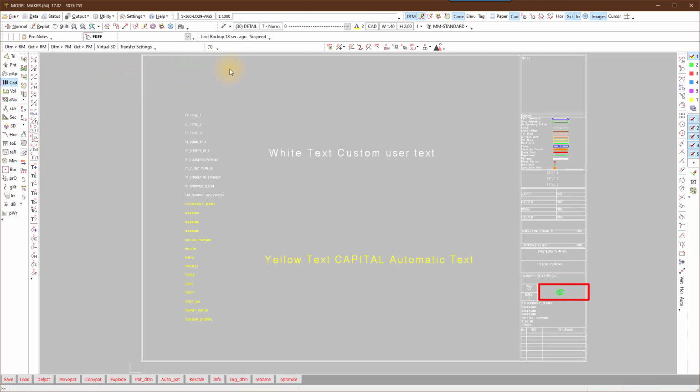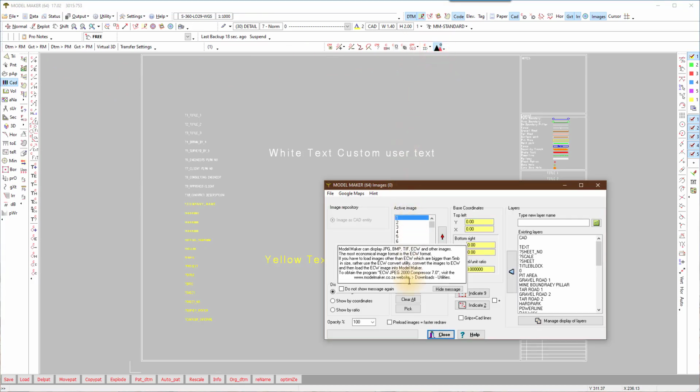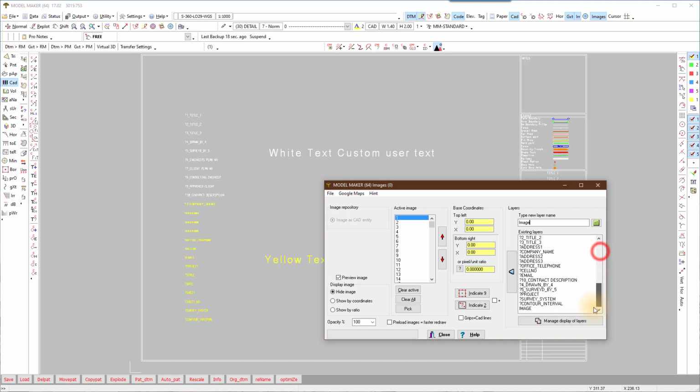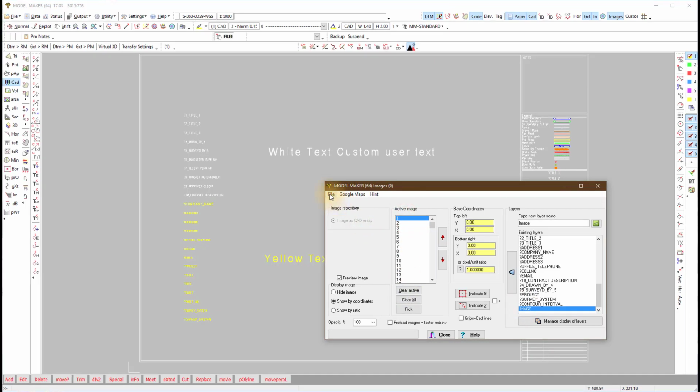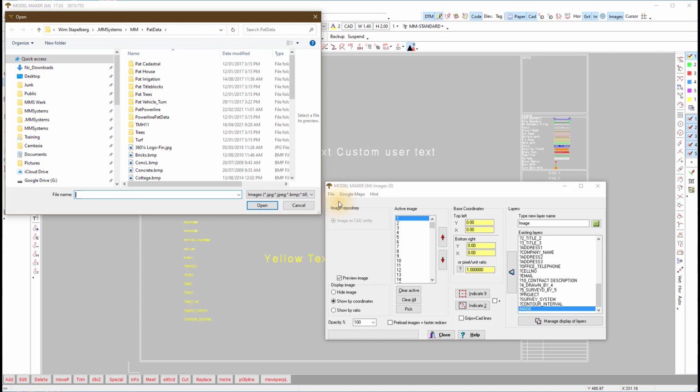Next I add the company logo as an image here. If you select the layer name here, this allows you to turn images on and off based on the CAD layer display. I open the image. Try to save the image you use with your patterns in your PatData folder.